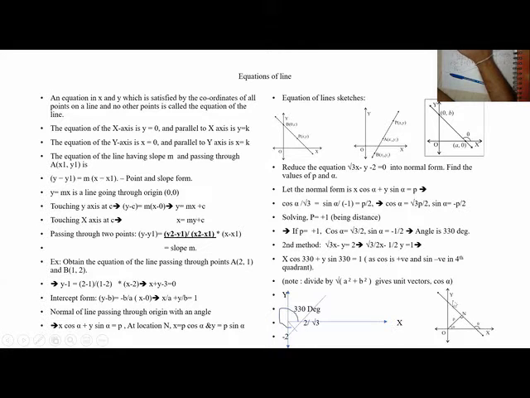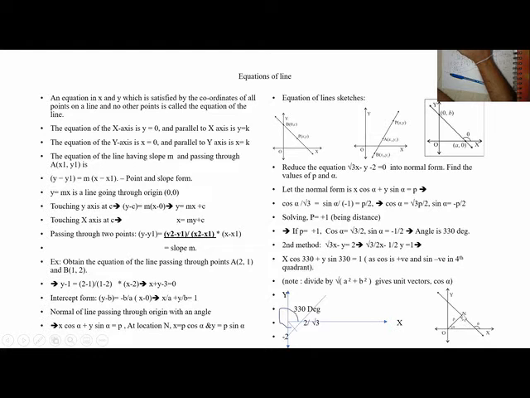So what is the equation of this line in terms of p and alpha? So for example, alpha is 0. What is p? P is the x component. If alpha is 90, what is p? P is the y component. So like that, this equation is to be defined in p and alpha.